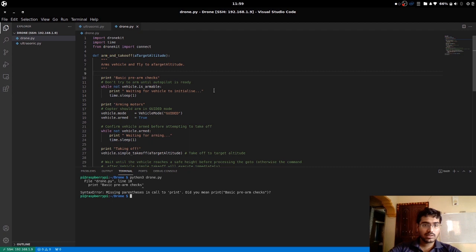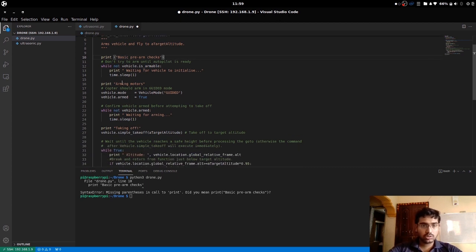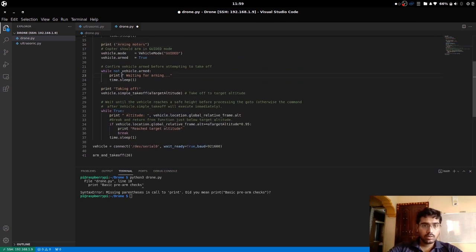Basic pre-arm checks. Okay, I'll have to make a few very small changes, because I'm running Python version 3. Just a second.